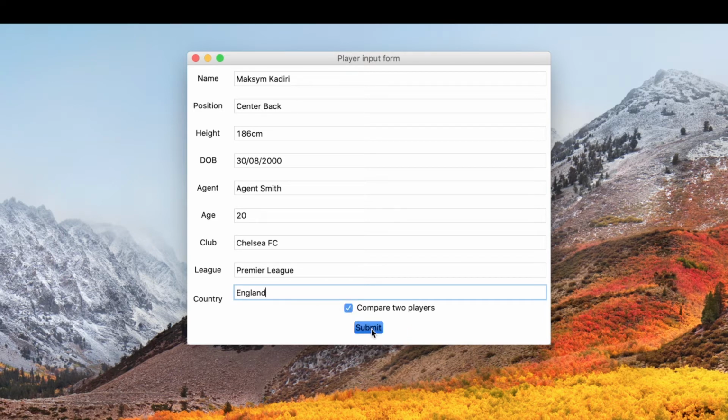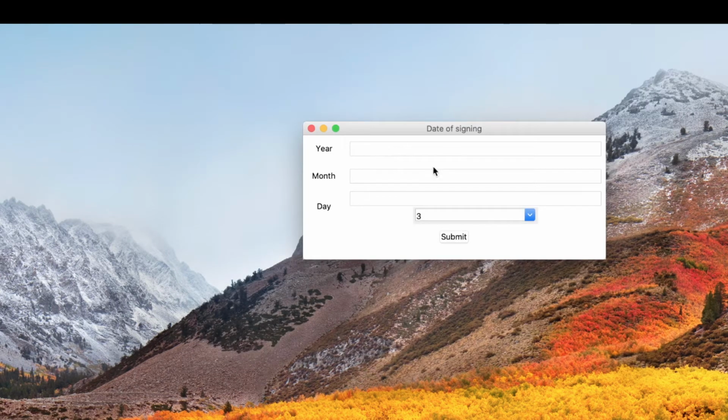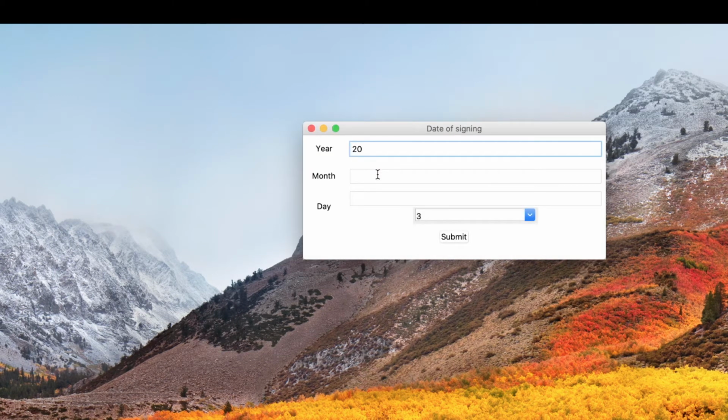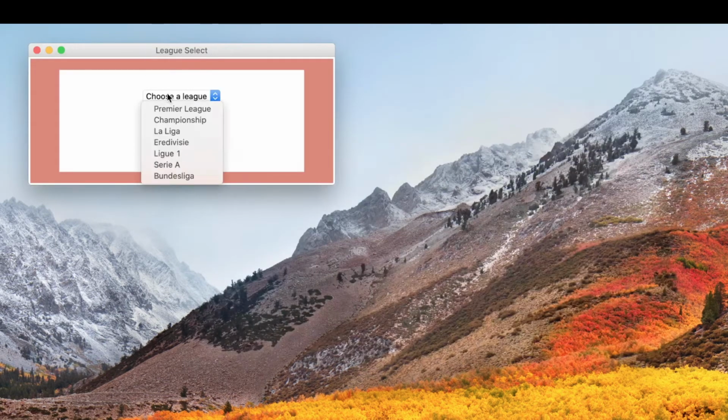So as you can see, we select this box to compare multiple players, select the picture of the player. This is the date of signing, which can be left empty. However, if you try to leave it empty for the first time, you're going to get a warning, and then you can either proceed without filling in the fields or fill it in. This was the information about the games the player has played in the past, and this is the selection window